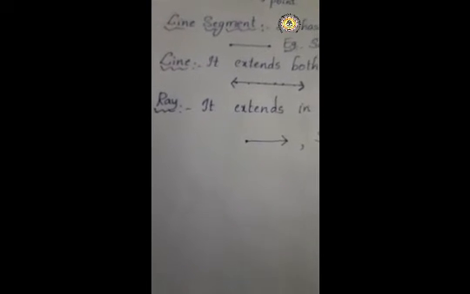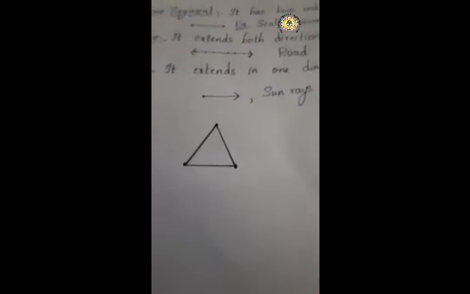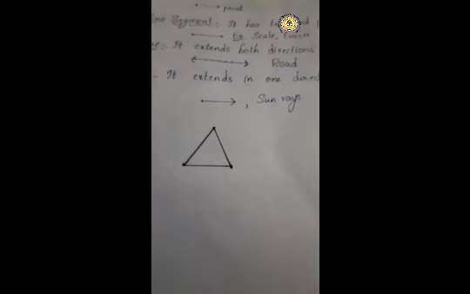Okay, children? Now look here, children. I am drawing one picture with line segments. Okay, observe. This is one line segment. Okay, now I am drawing another line segment like this. Now I am joining these 2 points with another line segment. Children, did you saw this picture? What is this? Yes, it is triangle.